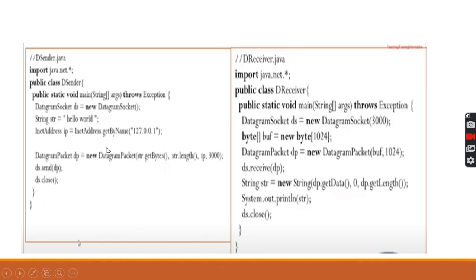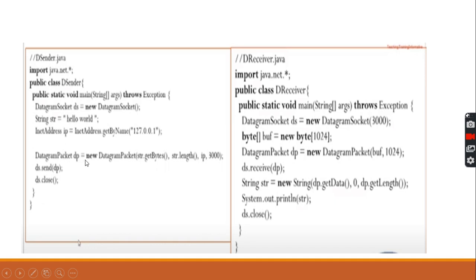Here two programs are there. One is for the sender, the other is for the receiver. DatagramSocket ds = new DatagramSocket. Here you are sending a string, a hello message. InetAddress ip = InetAddress.getByName. So using this IP address and the port number, we are sending this string.